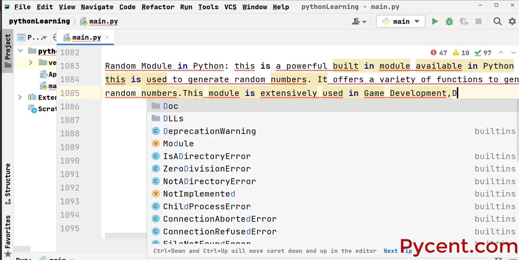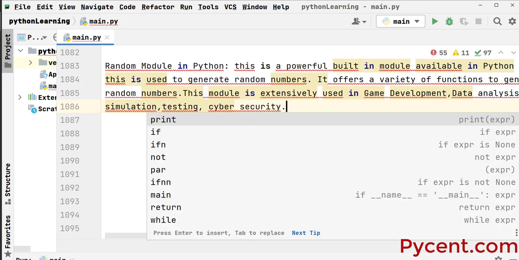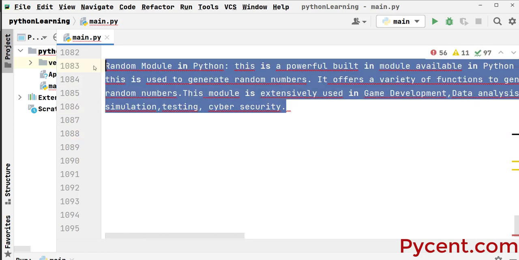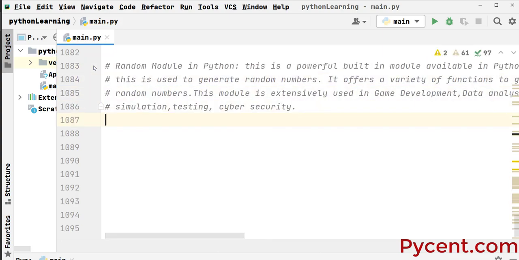in data analysis, in simulations. Now when it comes to testing also it is used, and more so with regard to securities, cyber security. And as I always mention to you, the sky is the limit when it comes to using this module. So what I wish to do is I will just comment these things off, and then I will give an illustration. So this is example number 1,